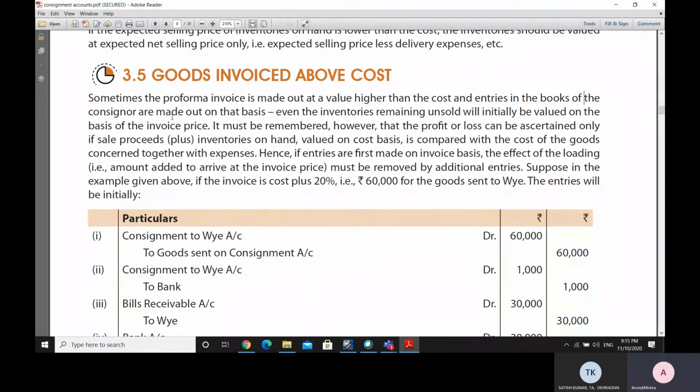The pro forma invoice is that document which is sent by the consignor to the consignee, and it contains the details of the consignment which is being sent to the consignee. And there is a value mentioned in the pro forma invoice, and sometimes it is made out at a value which is higher than the cost,